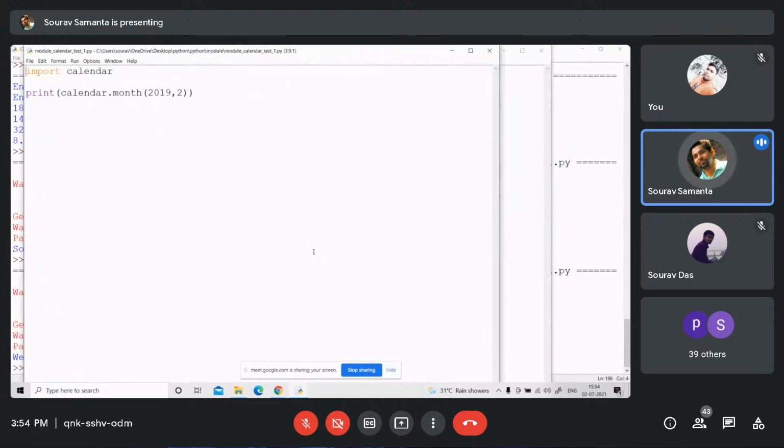It is very interesting and very effective for different purposes. So suppose this is the calendar module. Now I want to display a particular month, calendar dot month. You see here, if I put calendar,